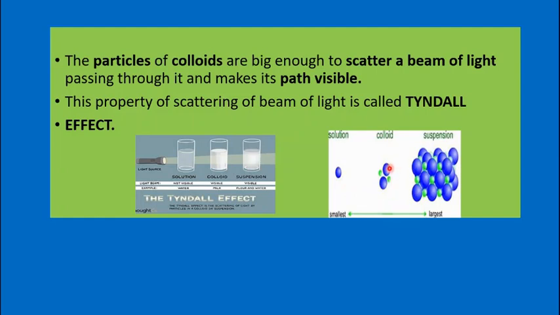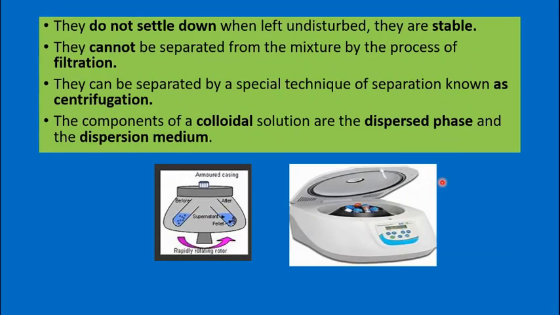In a colloid, the particle size is slightly bigger than that of a solution. And in a suspension like muddy water, the particle size is very big. So it can be collected by the filter paper. The particles in a suspension will not pass through the filter paper; you can collect them on it.